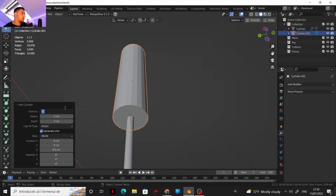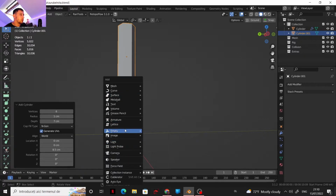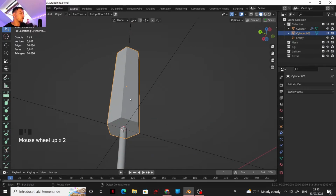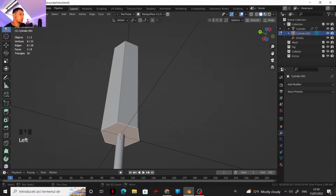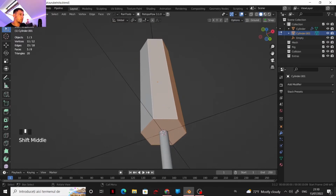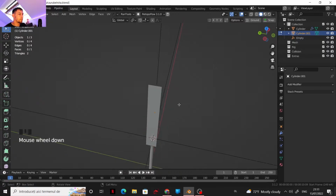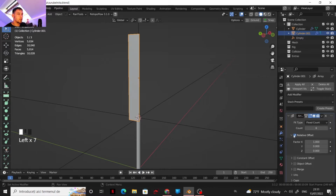For the handle, I have a base of 6 sides. I will get an empty and let me just delete everything except one face. So now if I do an array modifier with 6 faces, not relative offset but object offset,